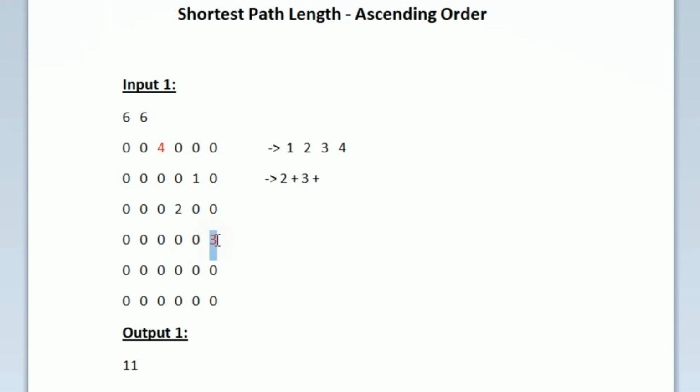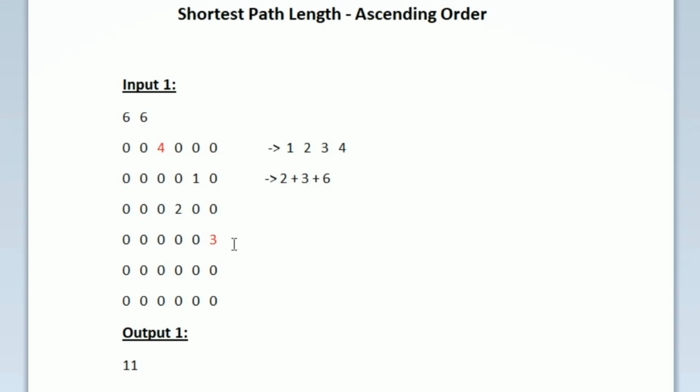So again using the same procedure we have to calculate the distance between the points 3 and 4. From 3 first we will be moving towards left. So 1 movement and then 2 movement and 3 movement. Now we have reached the same column, so now we have to move towards up. So that 4, 5, and then in the 6th movement we will reach the 4. So the distance between 3 and 4 is 6.